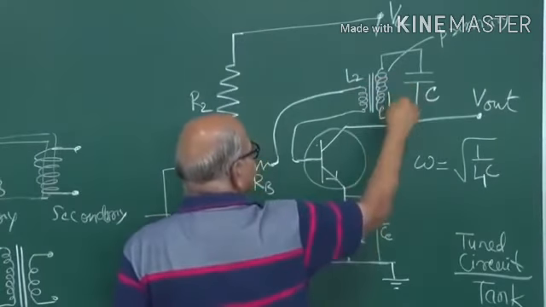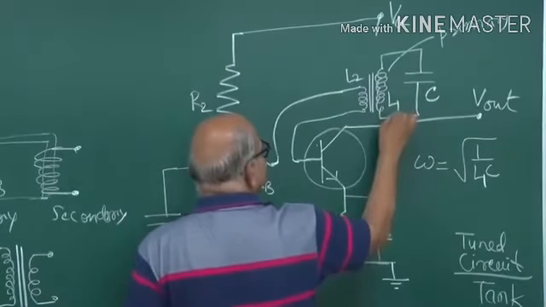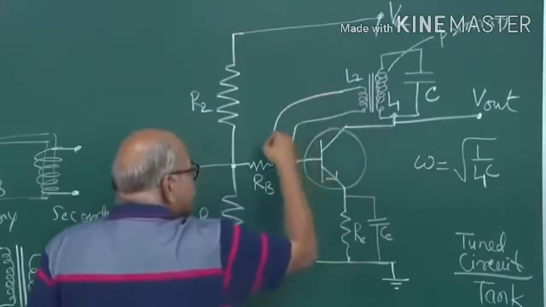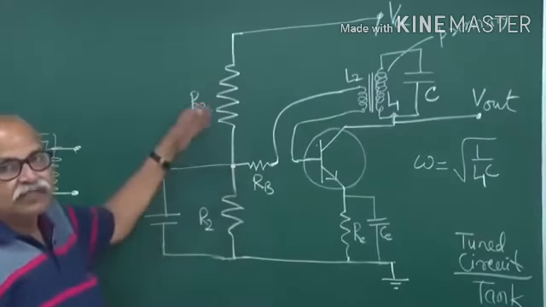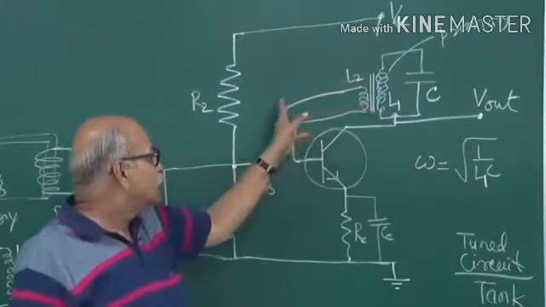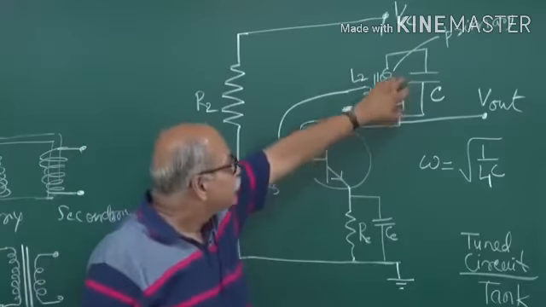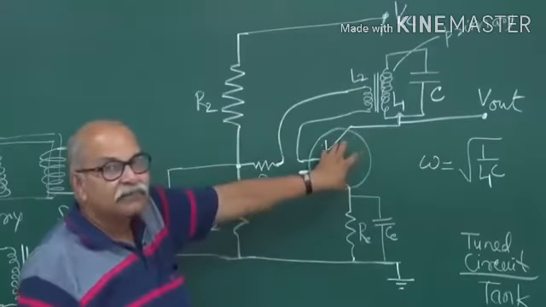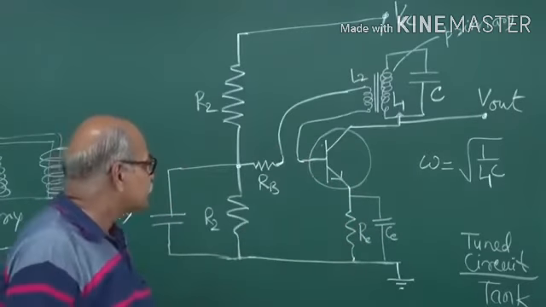So whatever is lost, whatever is gone, is compensated from here. This amplifier is giving signal into it, and what is it amplifying? It is amplifying this signal. So we are not giving anything from outside. From outside we are not giving any AC signal. It is only this AC signal which is coming and going into it. So that is how that tuned circuit, and this is that feedback network, feedback circuit, and this is that amplifier. All those three blocks in the diagram are implemented in this fashion.